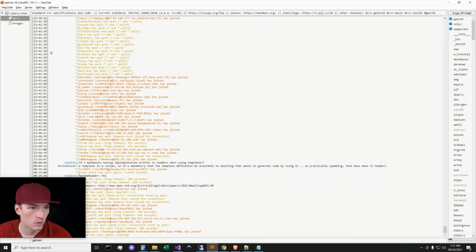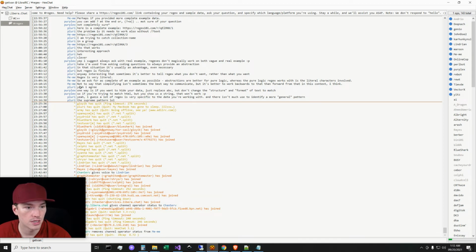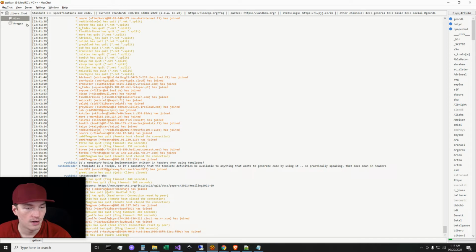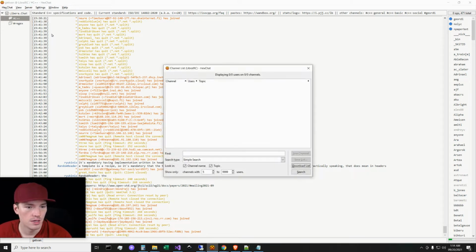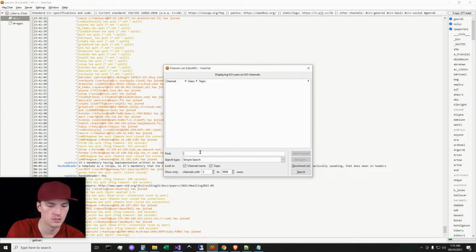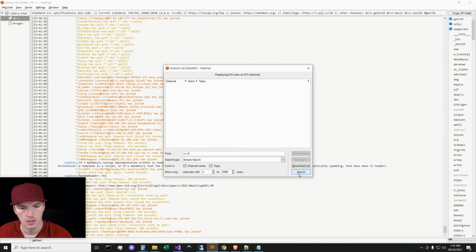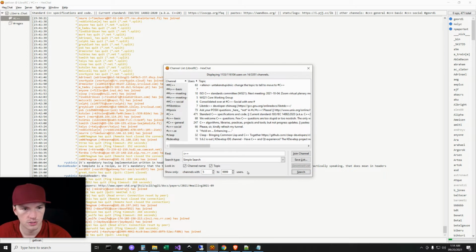If you guys don't know about this, it's like a hidden gem. I've talked about this in previous videos for getting regex help, but that also led me to thinking, hey, I bet if you can get regex help, you can get other programming language help. And in the HexChat client, you can go to server, channel list, and type anything in as a simple search, like C++, and do a search, and it just populates stuff in the Libera chat